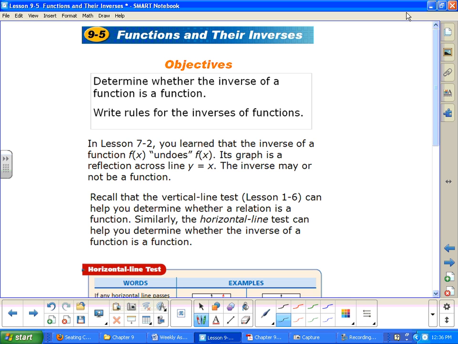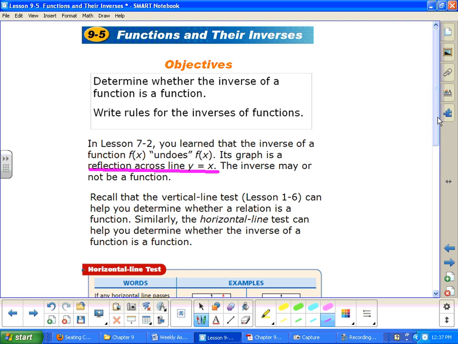Okay, so for chapter 9, what we're doing is just what we did last 2 days, and this stuff is a review. Functions and their inverses. So we're going to find inverses again. We did this in chapter 7 when we were working with logarithms. We worked with inverses. We found that they are just a reflection across the line y equals x. So all we're going to be doing is reflections again and working on the inverses, switching x and y's and